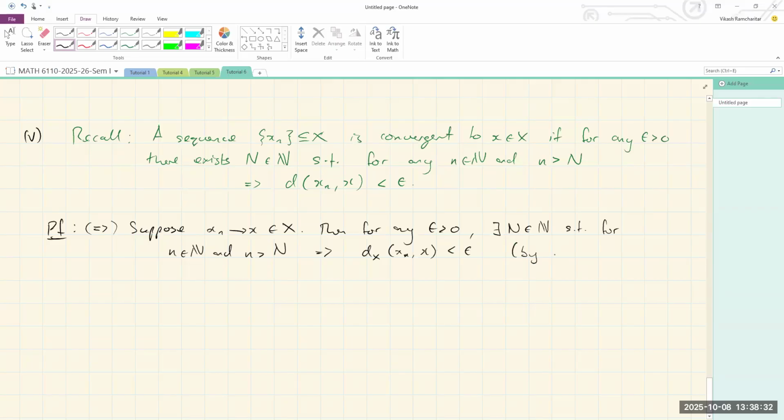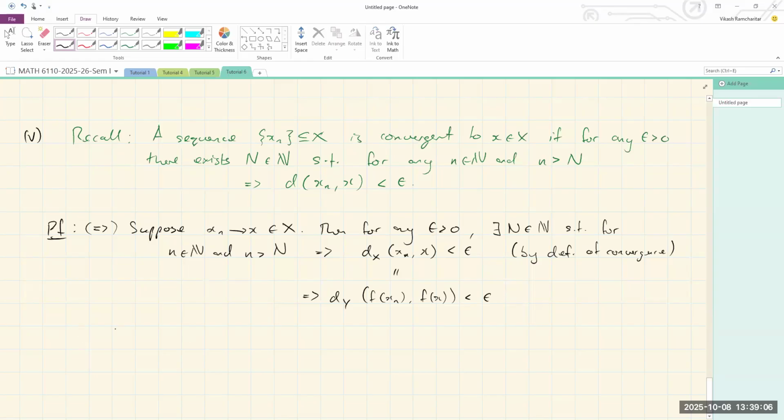So this is by definition of convergence. Right? But f is an isometry. So this distance is the same as the distance in Y of the images. Because f is an isometry, these two are equal, so this distance is also less than epsilon,